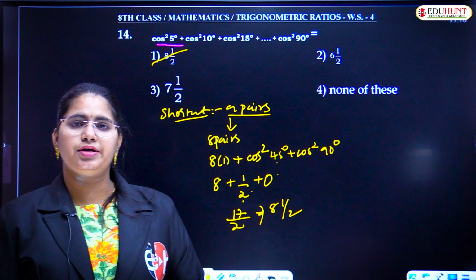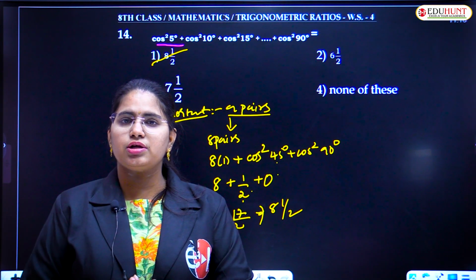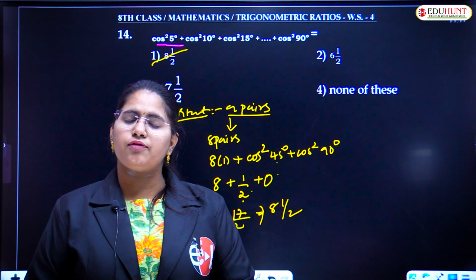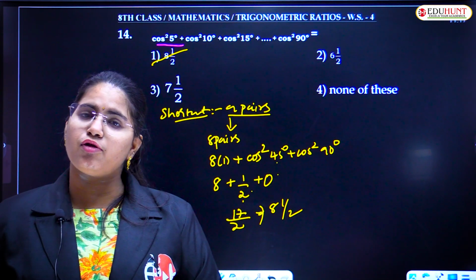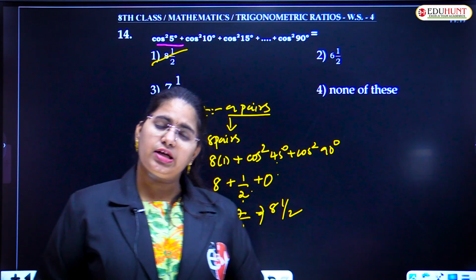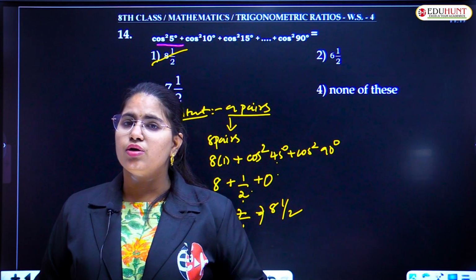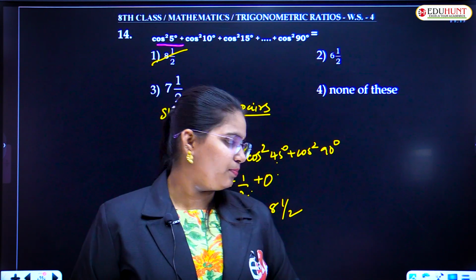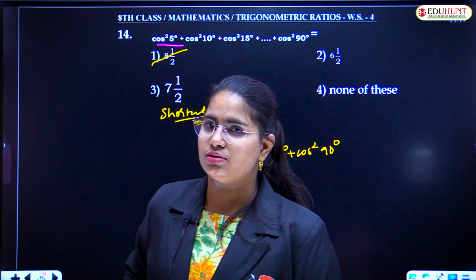Just a small difference, my dear child. There is a small difference between the last question and this question. In the last question, we were given the trigonometric ratios in the form of sine, whereas in this question, the trigonometric ratios are in the form of cos squares. Obviously, cos 90 is 0, whereas sin 90 is 1. So in that case, I added 1. But in this case, I am adding 0. Don't get confused with this and that. Understood? So I guess I'm clear with this, guys. Can I move to the next question? Sure.